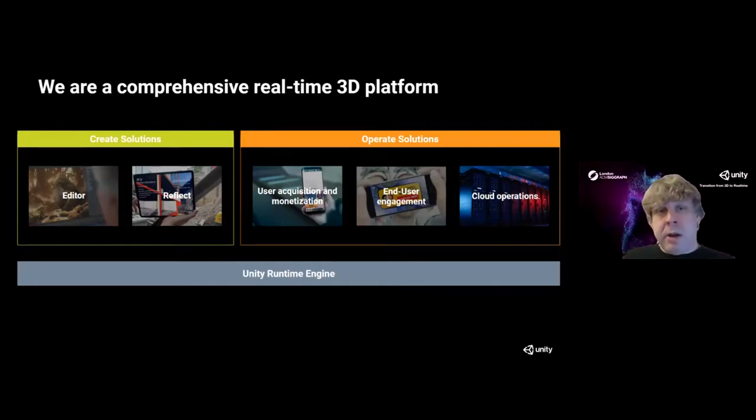We have the Unity editor. We have a full machine learning division. We have a full cloud hosting division. We have voice activation. We have a streaming service. So we are a full-blown tech company.